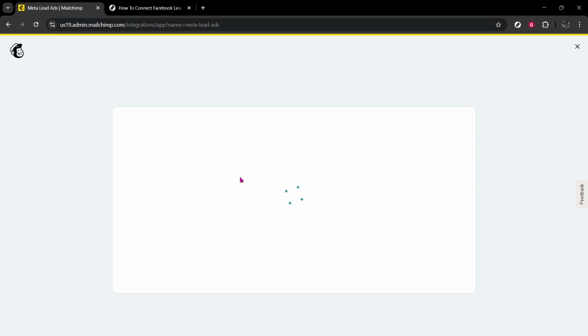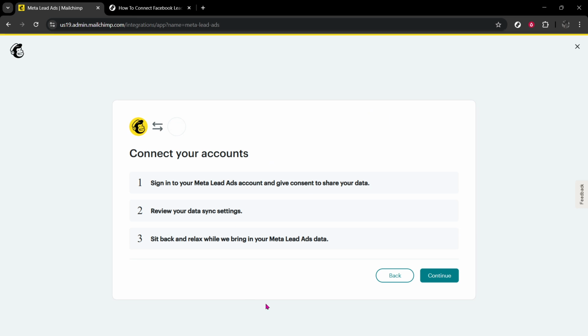Finally, it's time to test and activate your setup. Testing your integration is crucial to ensure that everything operates smoothly and as expected. Most automation tools provide a feature for running a test prior to full deployment. Use this feature to simulate the process of a lead submission and watch how the data transfers into your Mailchimp audience. Check for consistency and accuracy to ensure no data is lost or mismatched. If the test exhibits no issues, you can go ahead and activate the process, setting it live. From here on, your Facebook leads will automatically funnel into Mailchimp, allowing you to engage them with welcome emails, updates,